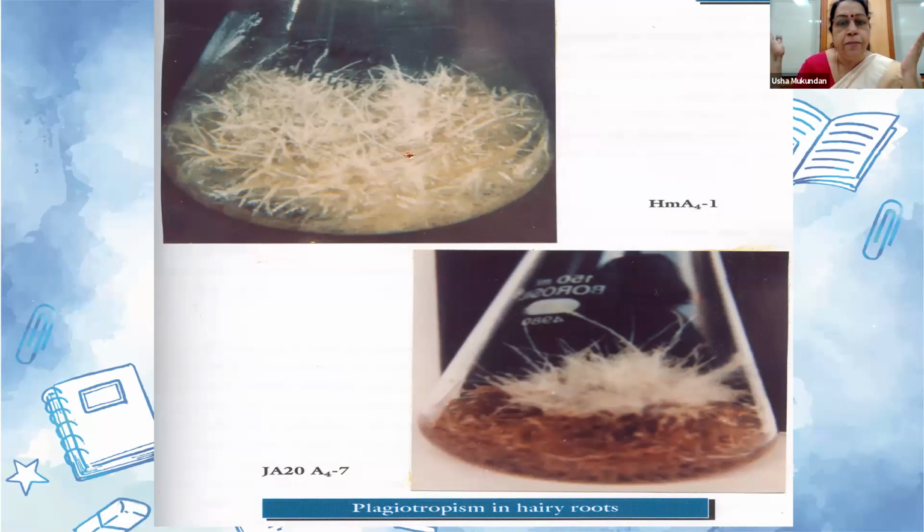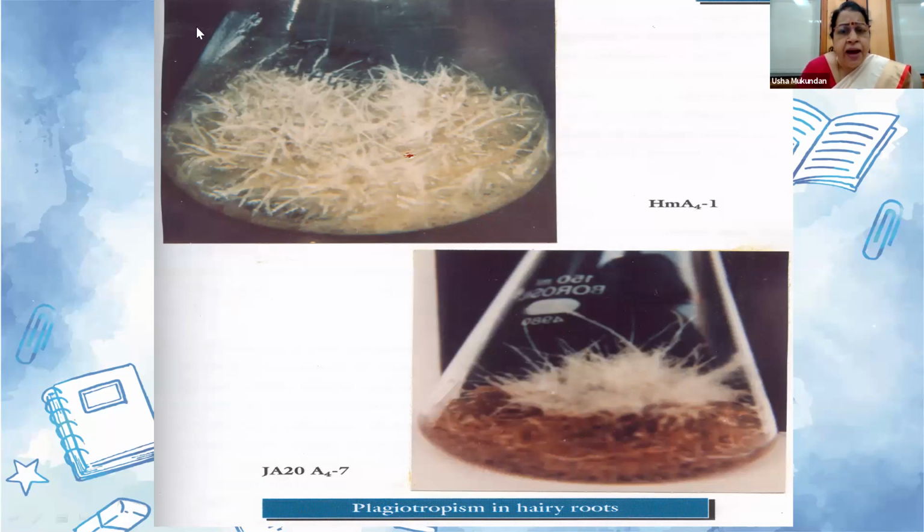What does it mean? This is a beautiful demonstration that you can see these roots coming above the liquid medium and growing above, that means negatively geotropic, right? And because of the root hair are so much, they look like cotton, right? And you can see that entire flask is full of roots, and these represent the old roots, and these are newly emerged roots. They are white because they are above and they have ample oxygen. Now, this is one fact which is of high value when you are going to think about a reactor design.